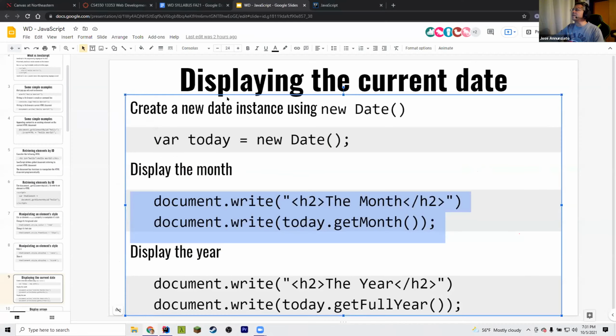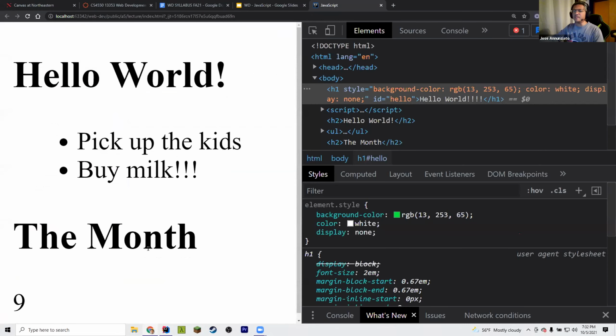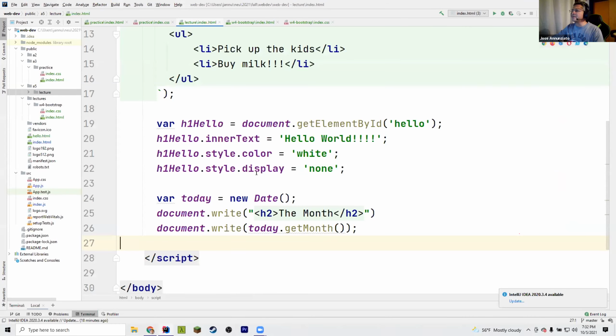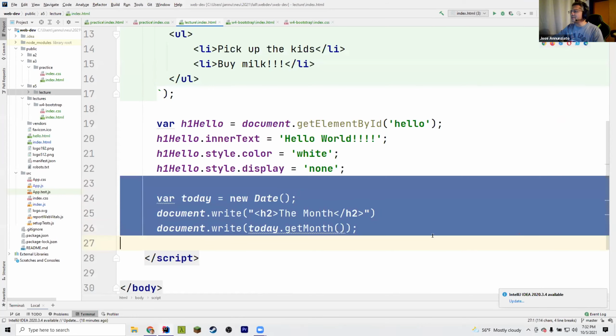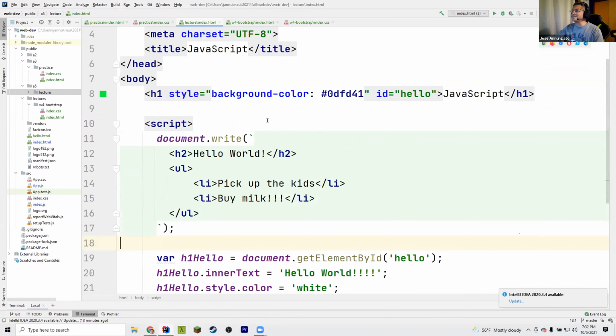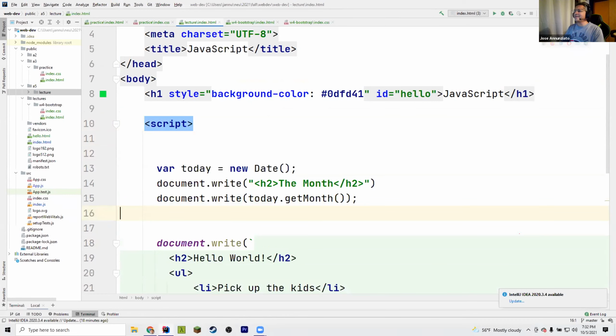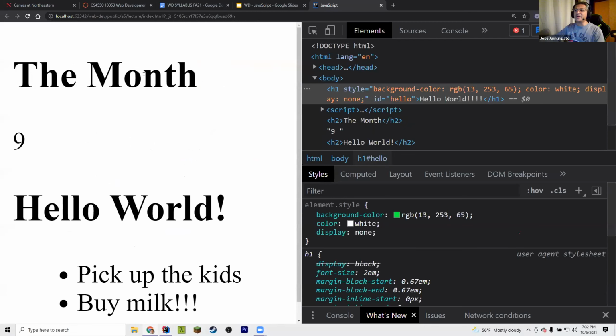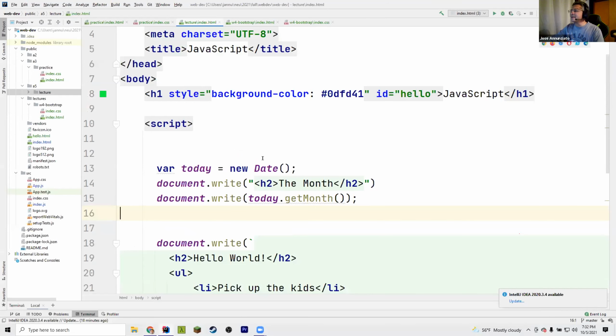If we run that, there is a month 9. Actually, let me put this a little higher, maybe at the beginning. There it is, the month 9. And today is a variable that was generated as a new instance of a date class,